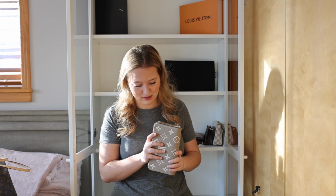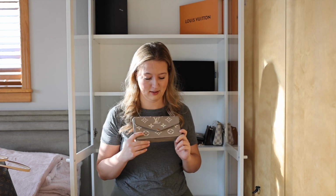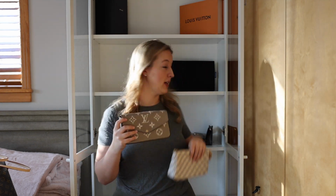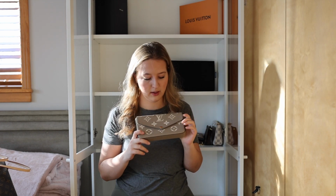Life has been really busy, so we don't go out much, but I used it for the first time. I love that I can convert it to a clutch, but people are not kidding when they say the Felicies do not fit much. I actually think it fits less than every other bag I have, potentially even less than the Pochette Accessoires. They're very similar in size, but there's just not a lot of space in this thing, though it's super cute. And if I ever wanted to get rid of it, I don't think I'd have any problem selling it at a good price. So I kept it,